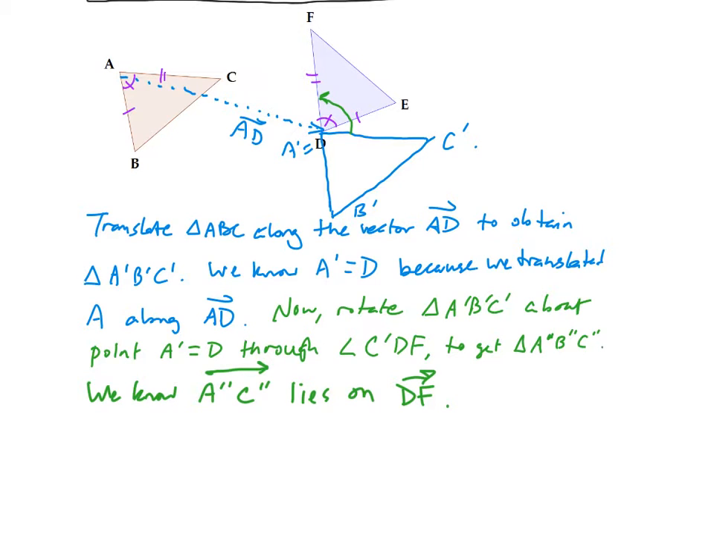Now I can actually say something more than that. I believe that the point C double prime is going to land upon the point F. Those are going to be exactly the same. But now, why is that the case? In fact, I claim that C double prime is going to be equal to F. And this is because